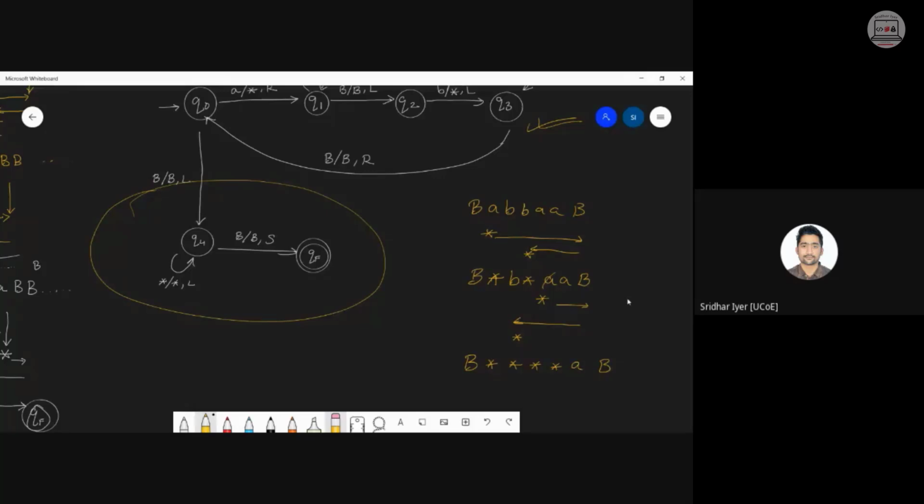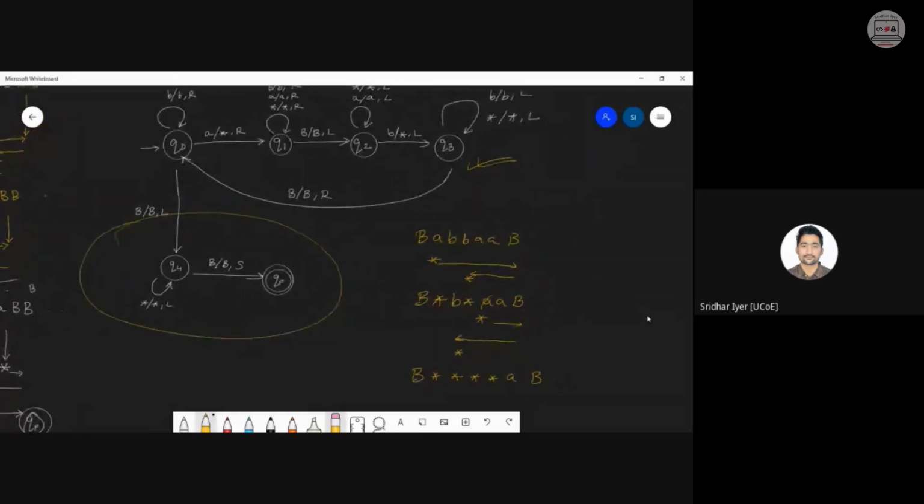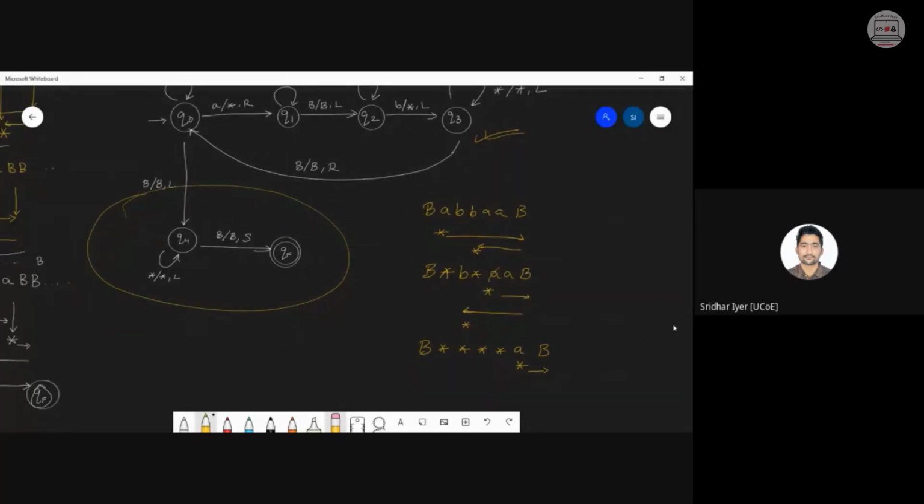Up to here it is clear to everyone, the logic is the same, no change in the logic. What exactly happens now is, I am in Q0, I will read this remaining A, convert that into a star, and keep moving to the right. So now my machine is in Q1. I will go till Q2 by going till this blank and coming back left. So now what is happening? I have read 3 A's and 2 B's so far. Am I correct? Am I clear? I have read 3 A's and 2 B's so far.